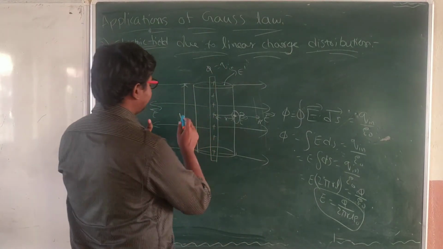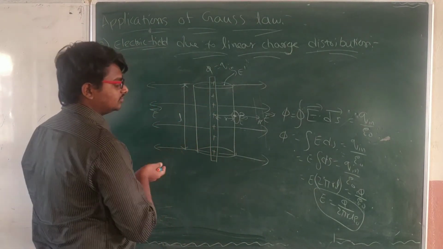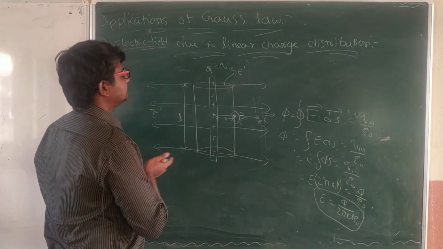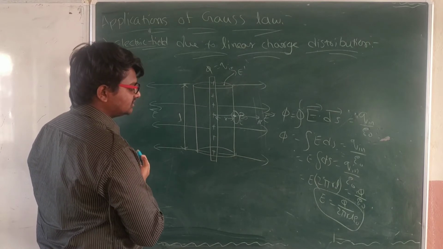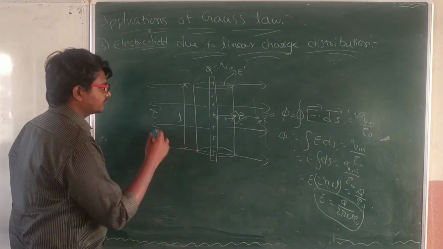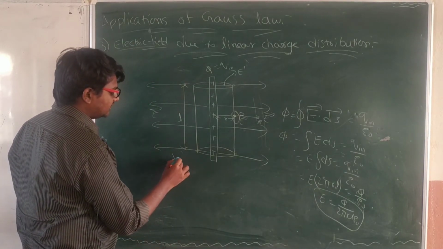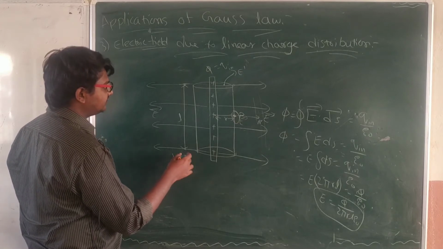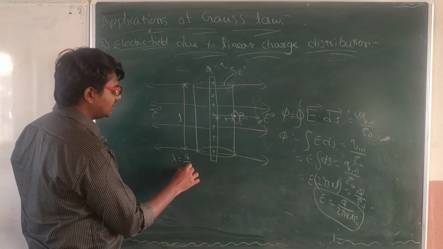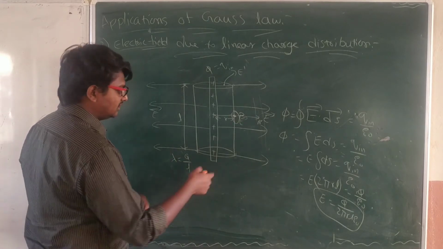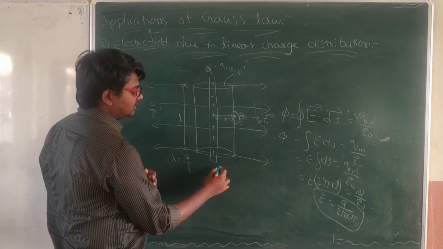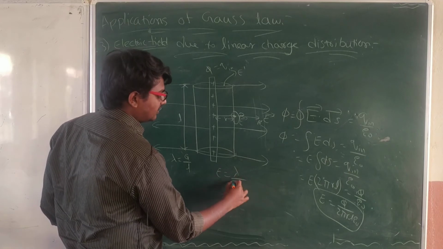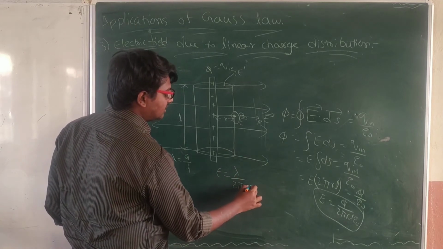Simply we have taken L here. We need to remove the value of L. See, this rod is a uniformly charged one, right? If this is a uniformly charged one, lambda is the linear charge density. If we consider Q by L is equal to lambda, we can write, then we can replace Q by L as lambda. That is, E is equal to lambda by 2 pi R epsilon naught.